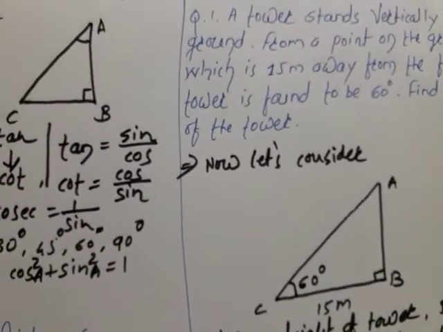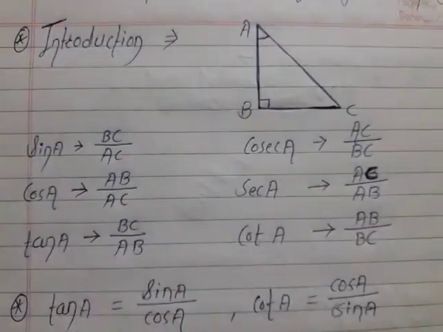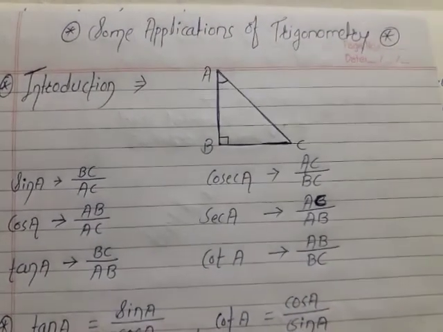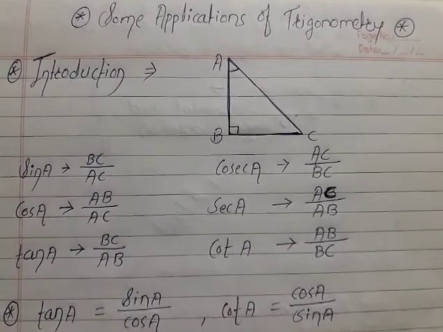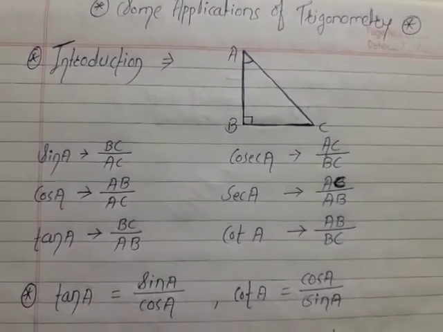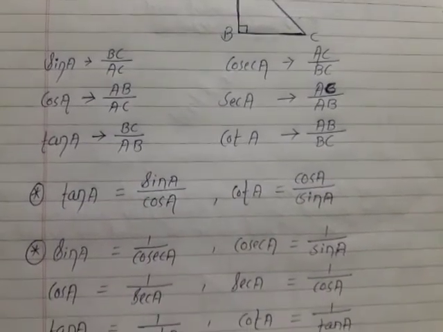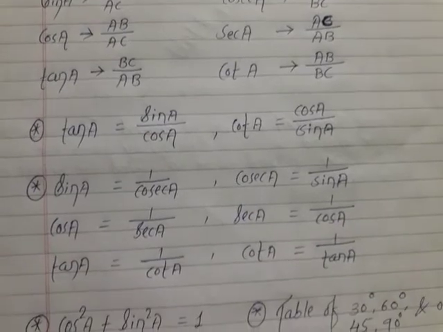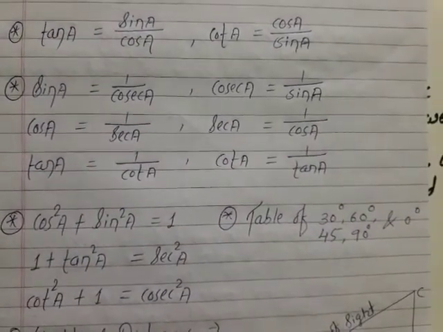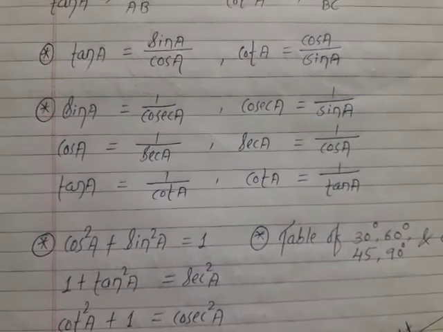Okay, we are going to see different types of examples. Before that, what I told you in this lecture that I am going to explain first. I have started today. The name of the lesson is in front of you. Some applications of trigonometry. In the introductory part, what I told I have written here in the notes. Definitions, then this formula, then those remaining formulas, identities, and table of 30, 45, 60, 90 and 0 degree. This is our introduction.